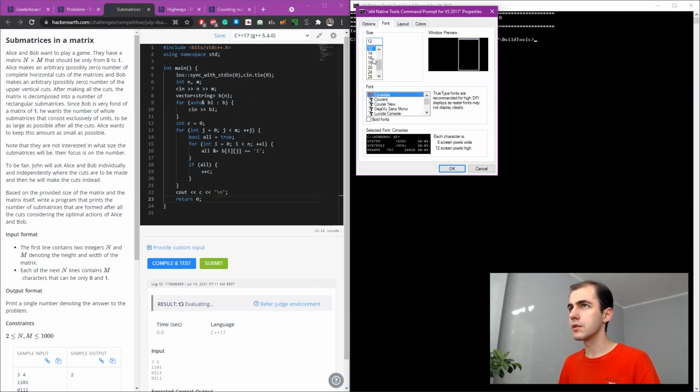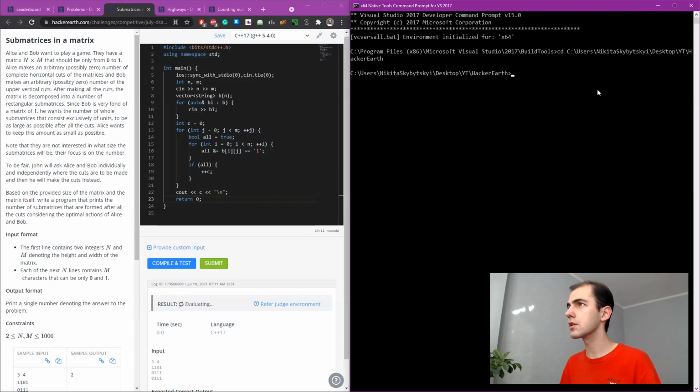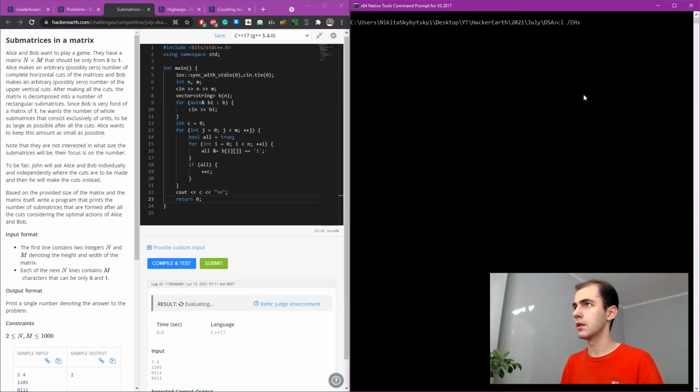I'll just go with 20. Okay. Yeah, much nicer, right? I don't know who are the designers of all fonts that are not Consolas. Okay, should have done that. 2021 July DSA. Let's compile with warnings.